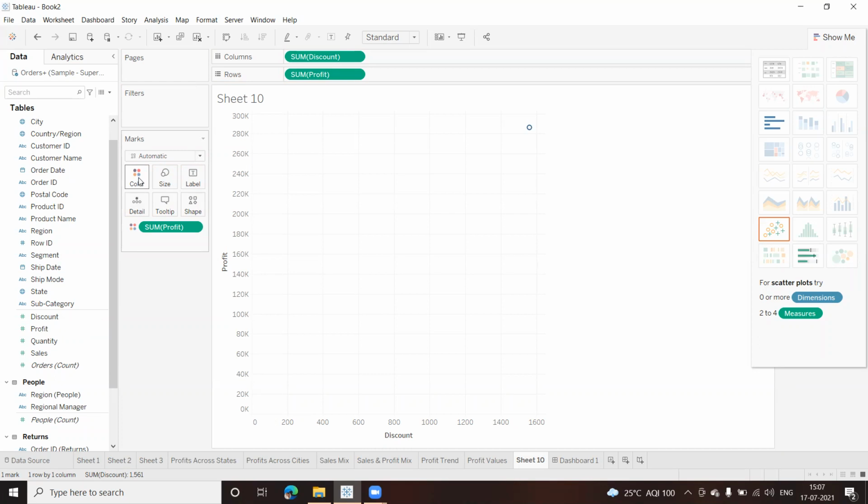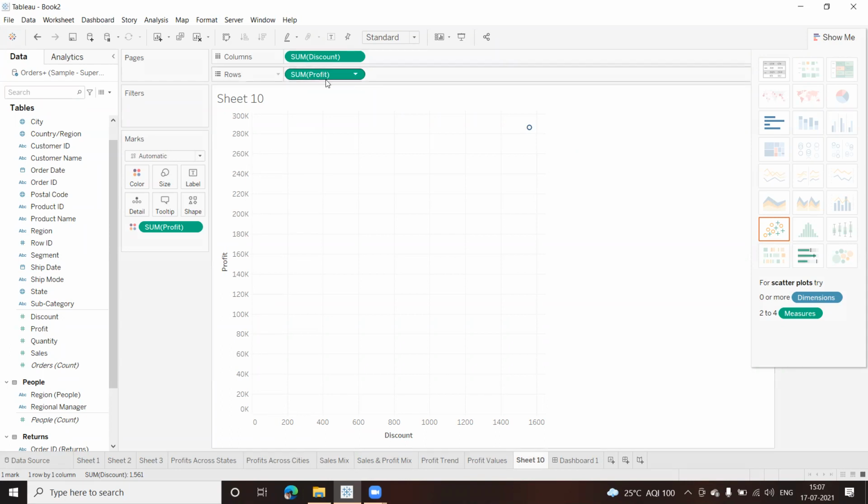Let us make some small changes. The discount values are not coming properly here. Let me click on this. I want to know the profit, discount and profit, right?